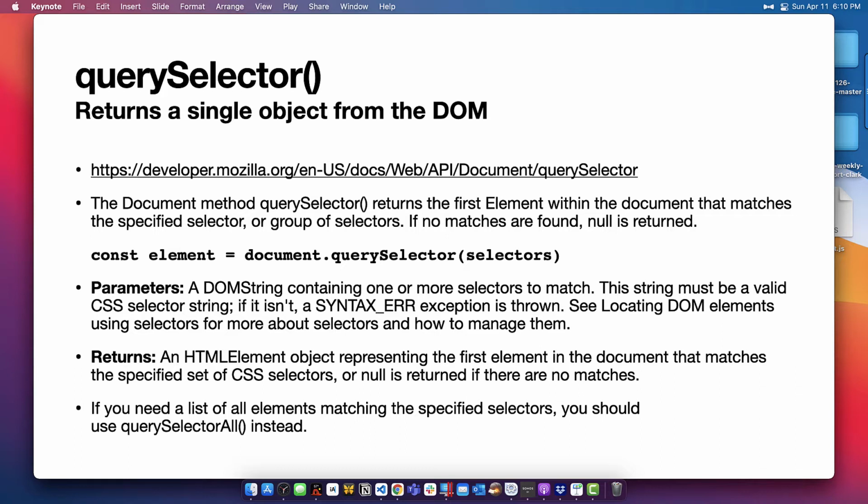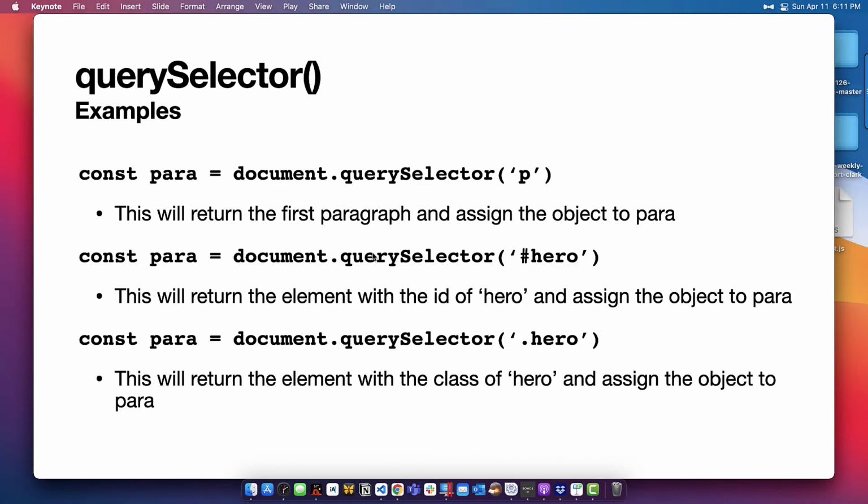let me say that again. If you have 5 paragraphs in your HTML page and you tell this line here, document.querySelector, in fact, I believe I have it here. See this right here? This is going to return the first paragraph it finds, okay? The first paragraph it finds, and it's going to assign it to the variable para, all right? So again, if you have 5, this line of code right here is only going to return the first paragraph it finds, okay? And it's going to assign that particular element in the DOM, which is actually an object, to